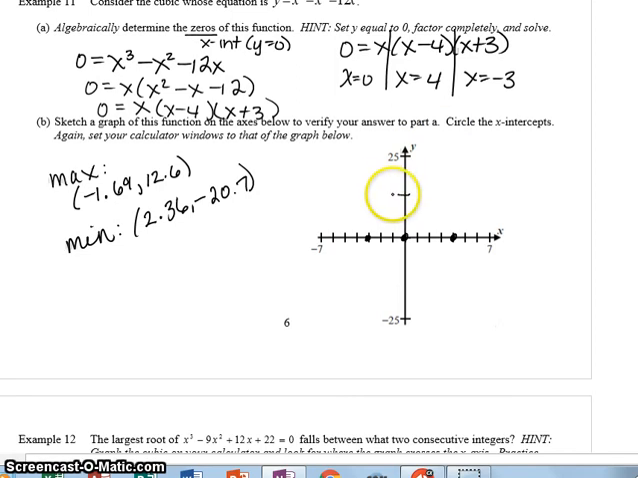So you have to be at 12.6, and you're at negative 1. So you're right, maybe right around here. So here's a maximum right there. Okay, so there's that one. And then you have a minimum at 2.36, and it's negative 20. So if this is